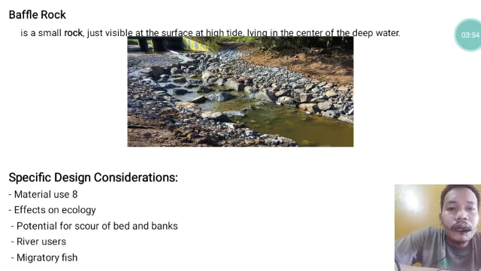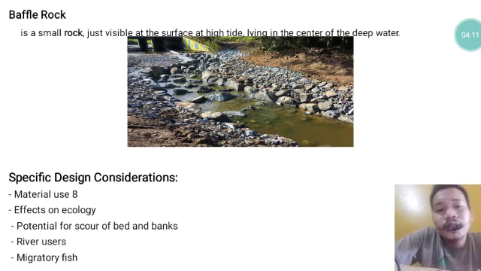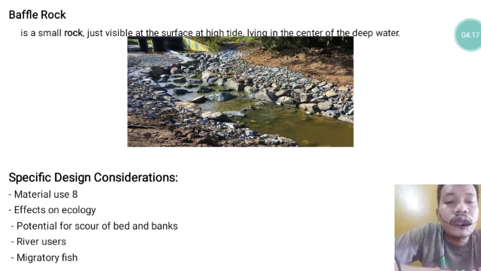Baffle rock. Baffle rock is a small rock just visible at the surface at high tide, lying at the center of the deep waters. Those we normally see in rivers. There are some like that. Well, specific design considerations: material use, effects on ecology, potential for scour of bed and banks, river users, and migratory fish. Of course, that is important, the migratory fish, so that they do not